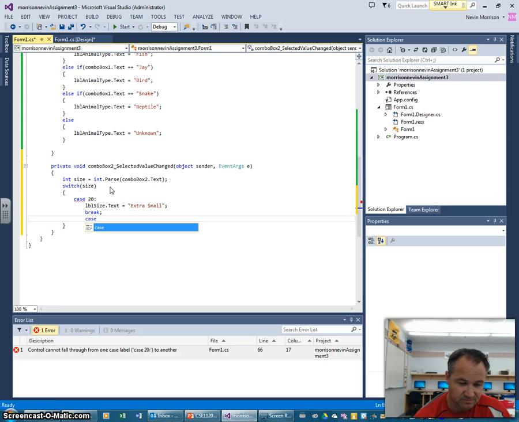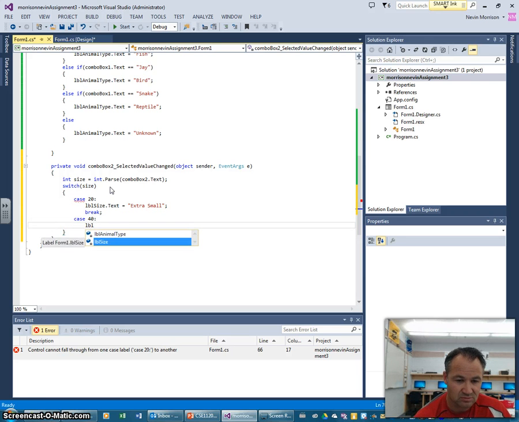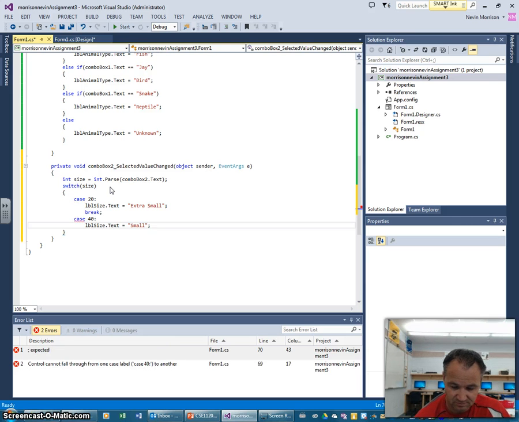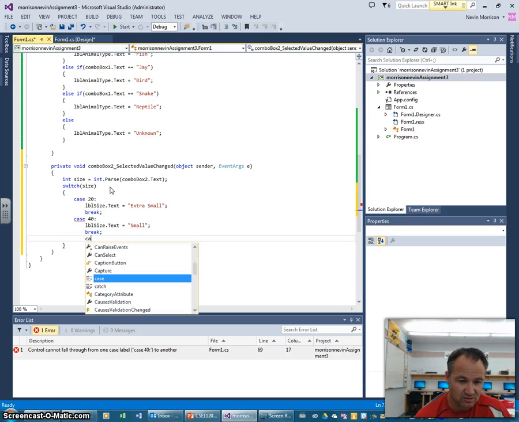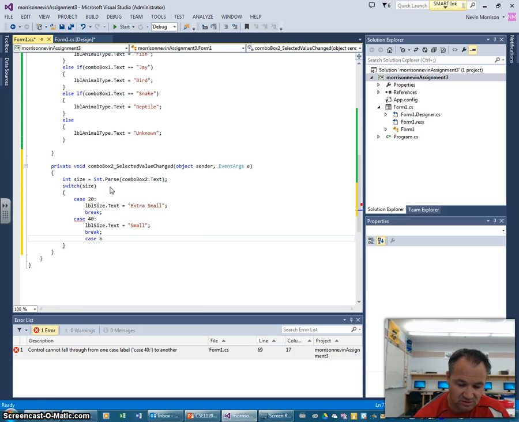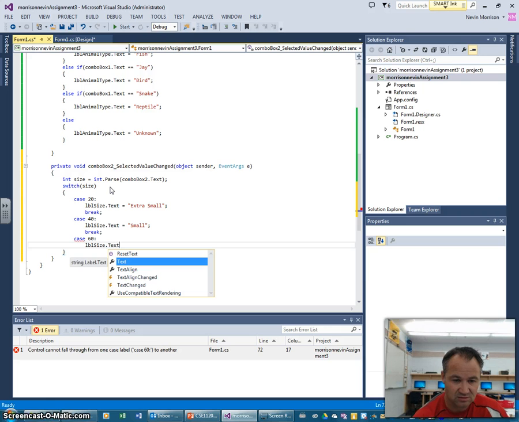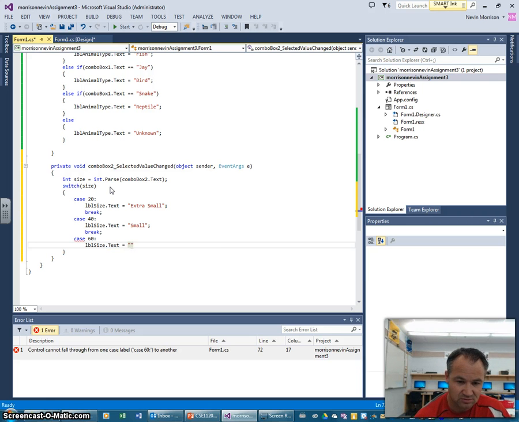And then case 40 colon, label size.Text equals small. Break, and then case, the other condition we had was 60 was one of our values. 60, we're going to say, if that's the case, label size.Text equals medium,